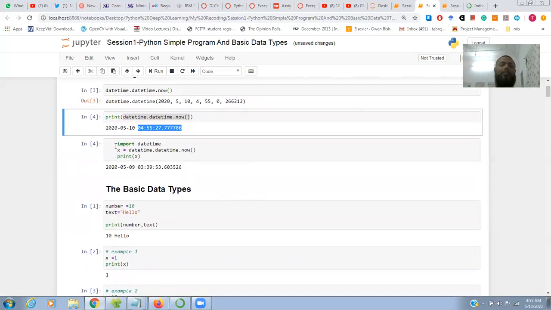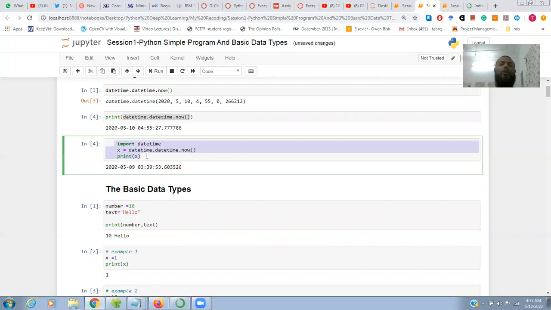Now I'll show how you can declare a variable. Here I import datetime, and this datetime.now I assign to one variable, x, and then finally we print the value of that variable.